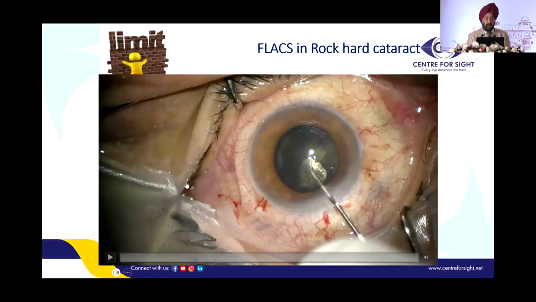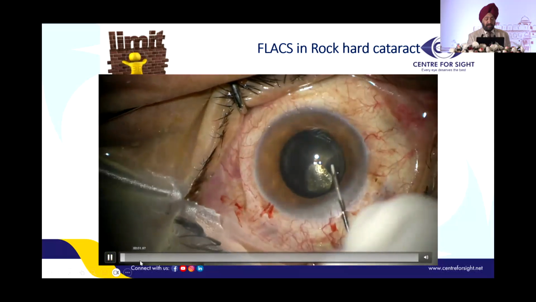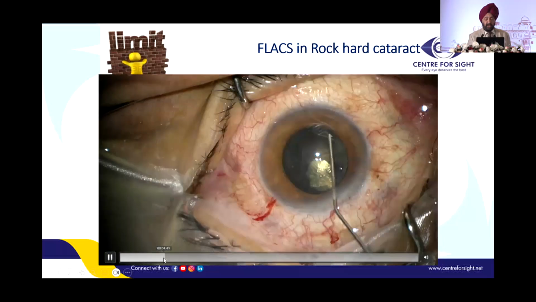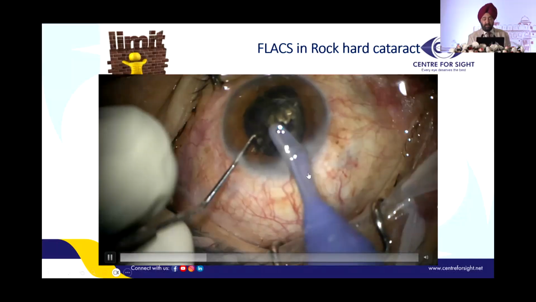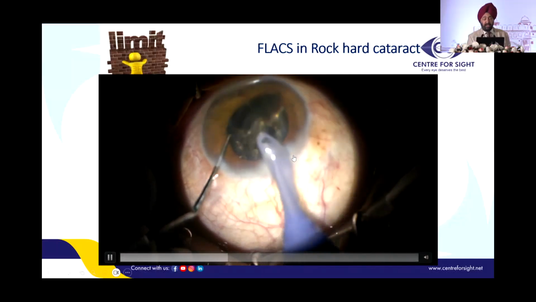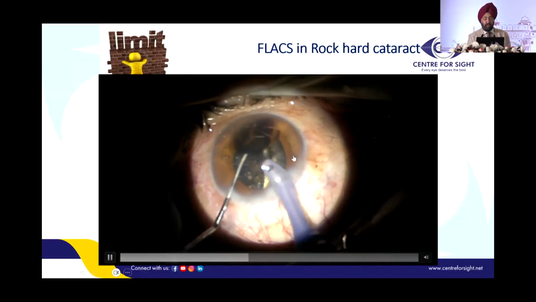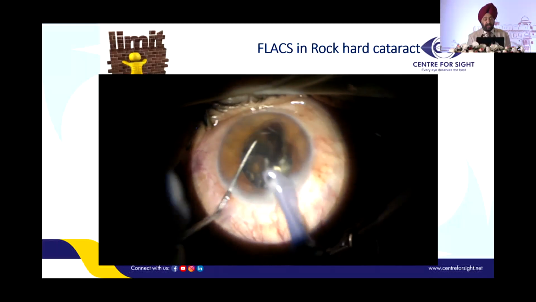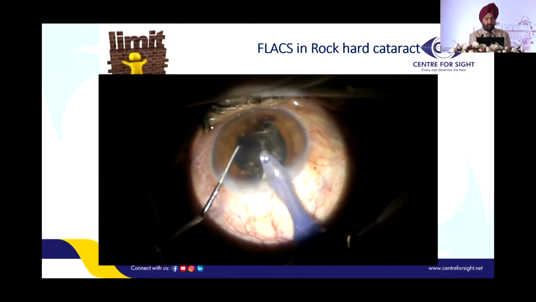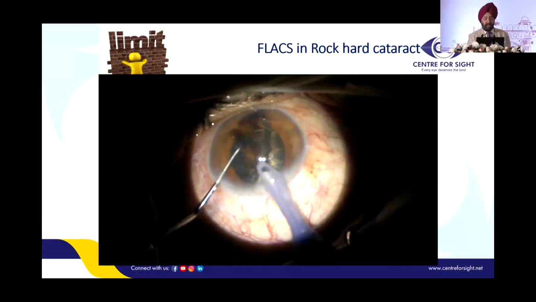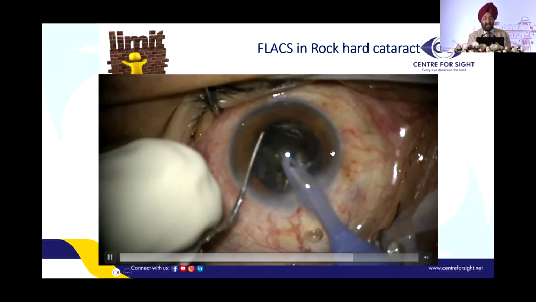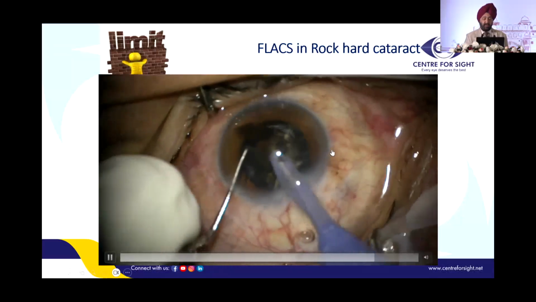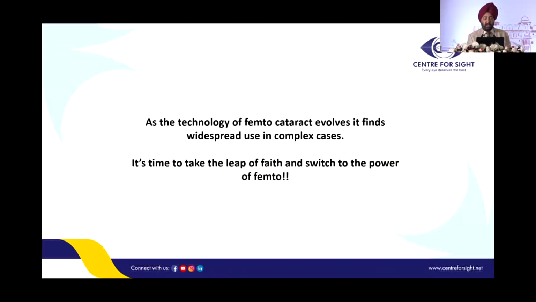Rock hard cataracts, again, as long as the cataract is not white, you can see that we get a good capsulorhexis. This is a black cataract, and can you see these bubbles coming out? And you can see that the pre-chopping is effective. What we do is run the laser 3 times in the same meridian. That means you can get a deeper penetration, and you are able to pre-chop even such black dense cataracts. A white cataract will not allow the focusing, and you are able to reduce the amount of energy that is used.